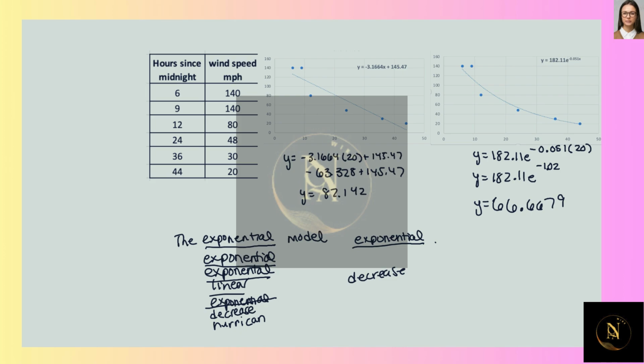Oh, wait a minute. No, the linear model will decrease over time. Wait a minute, so this is confusing. So the linear model will continue to decrease, which is impossible for the real world, where the exponential will decrease and level off, just like the